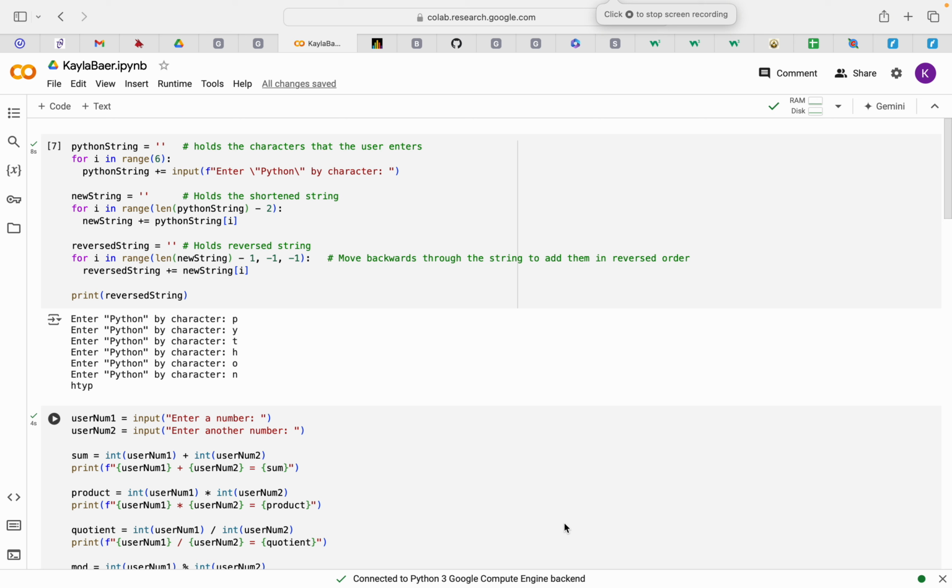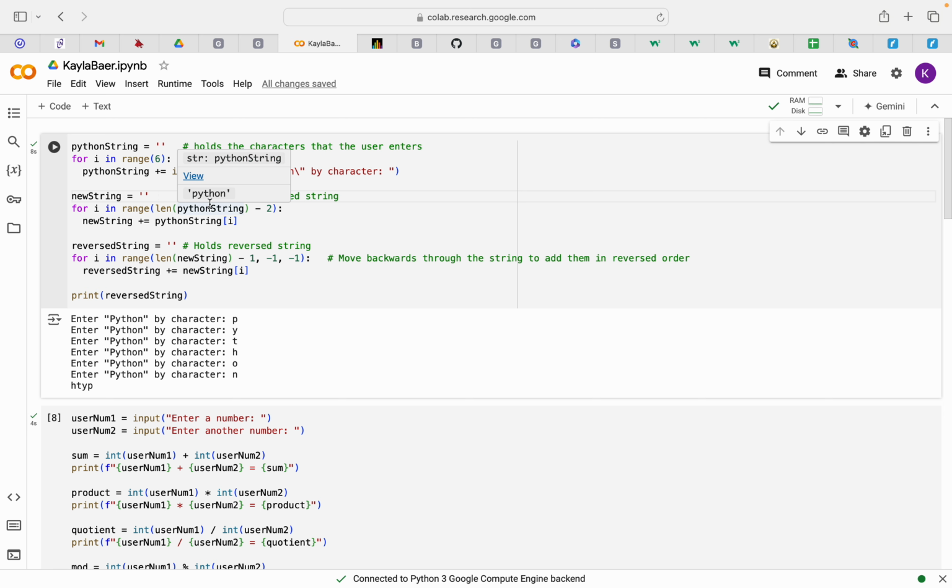For the first question, I had the user input each letter of the word Python, which you can see down here. And then I put that into the variable called Python string. And then I created an empty string called new string that holds the shortened version of the string, which is the length of the Python string minus 2. So using a for loop, you can make a new string that is Python with the last 2 letters